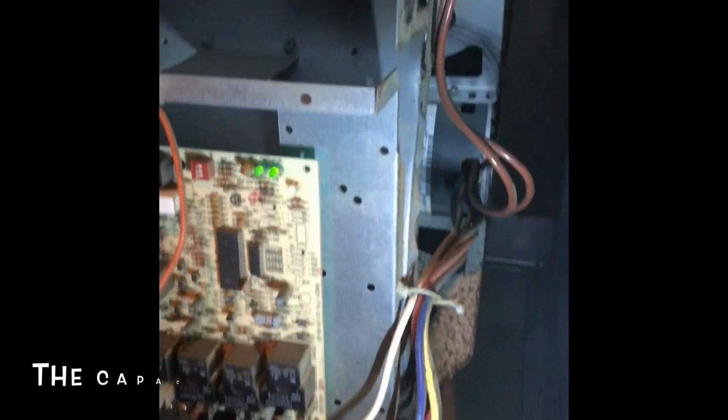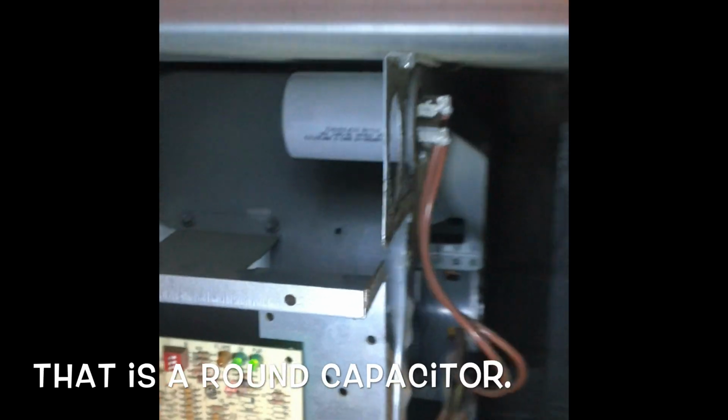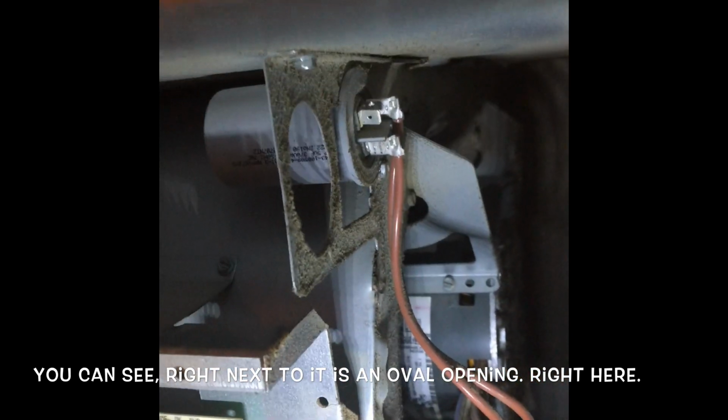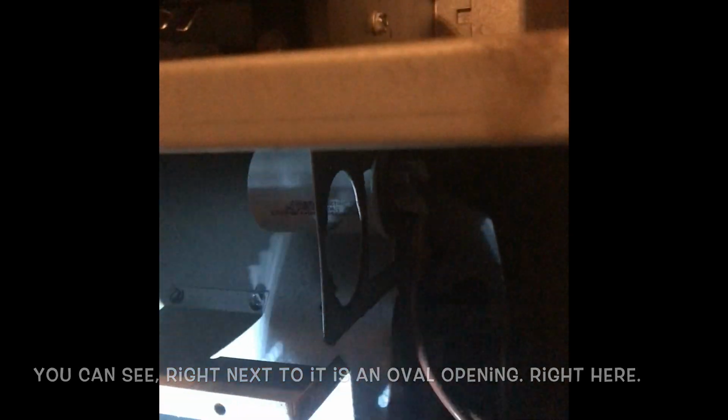So what I've deduced is that I needed a new capacitor. The capacitor, okay, so the capacitor is that part right there. That is a round capacitor. You can see right next to it is an oval opening right here. I got an oval capacitor